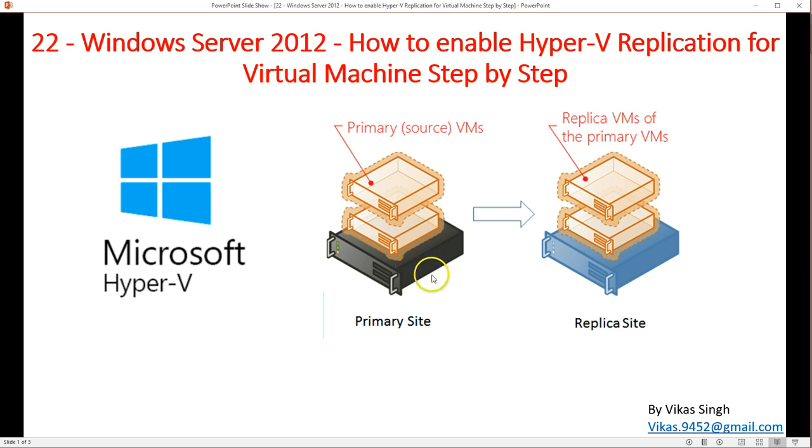So you can see in this diagram, the first machine is the primary site, and this is our Hyper-V host, where we have source virtual machines; a few virtual machines are running on this machine. We are going to replicate the same virtual machines running on the primary site's Hyper-V host to a secondary site, with any other Hyper-V host. So I'm going to show you how we can achieve this, but make sure